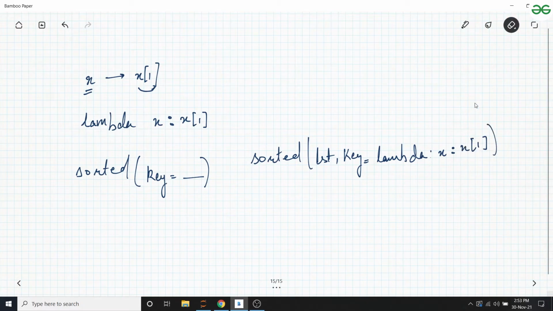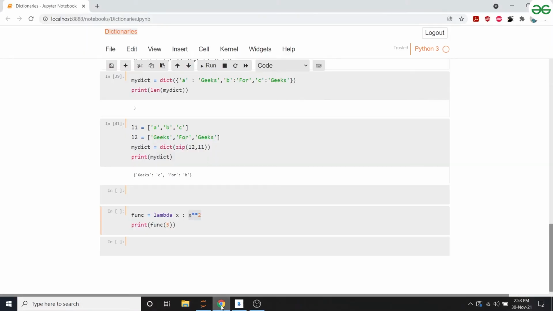What is basically happening here is the sorted function iterates through the entire list, and whenever it encounters an element, it is told that, okay, do not consider the element as a whole, consider its first index, right? This is what the lambda function is telling the sorted function. But will it work? Let's try.